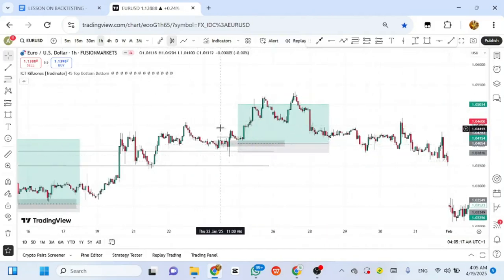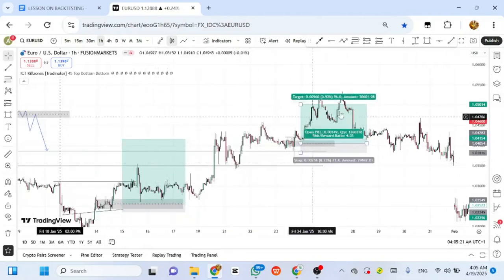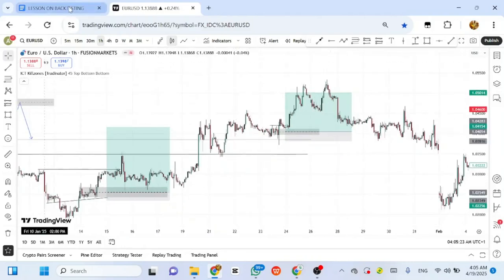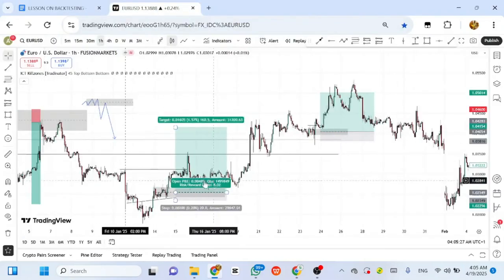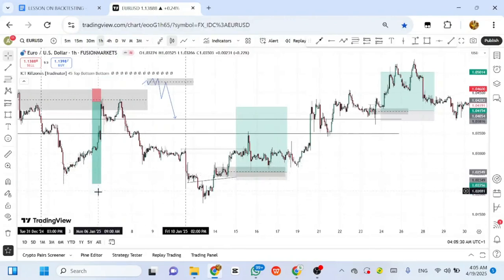But now what happened? Market came into this zone and it did not activate me. So no activation, no activation. So what have we done? We have done now no activation, no activation. Only one trade successful. So let's check now. This is Monday, this is January. And now this is January 25th.